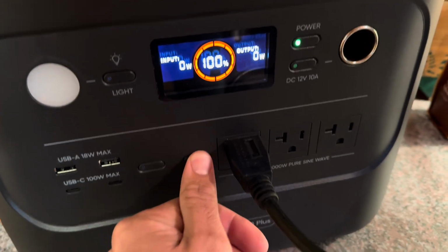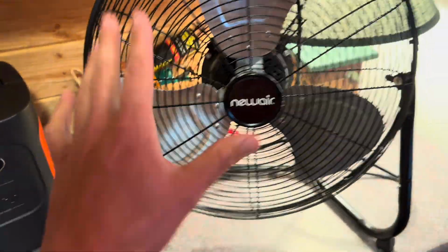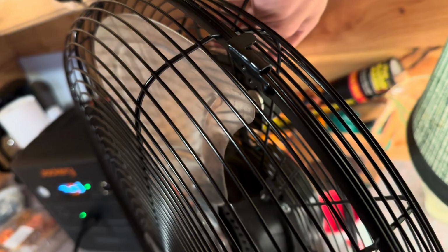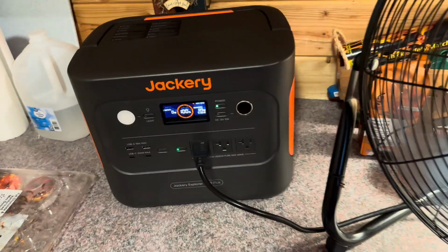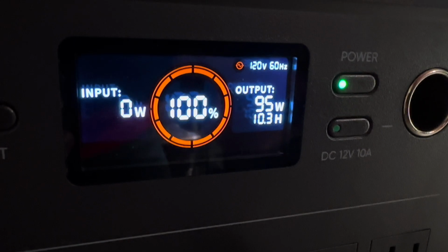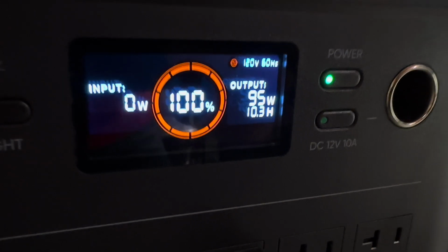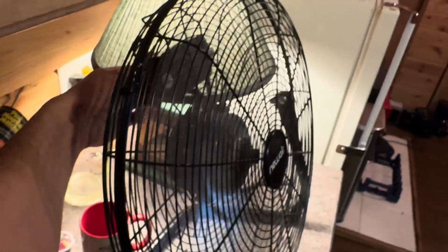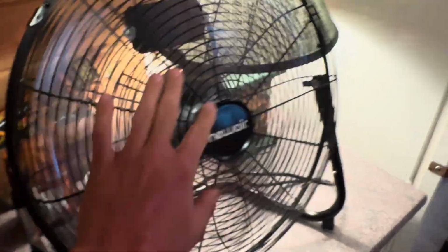All right, let's do the AC now. Turn the AC inverter on. This is a massive shop fan, but it is nice to have this type of stuff running out there. I'll turn it on low, and then I'll show you high here and see how much power it draws. So on low, it says it'll run for about 14 hours. Put it on high now. So on high, it's pulling 95 watts and says it'll run for just over 10 hours, but this is an extremely powerful fan. Even on low, you're not gonna really need that usually,